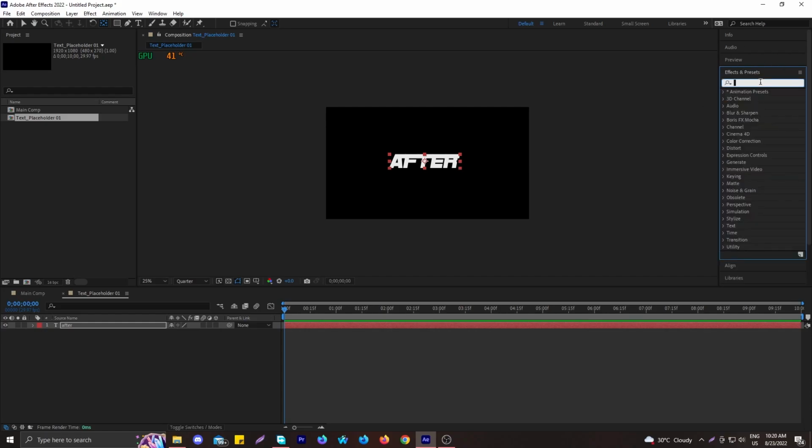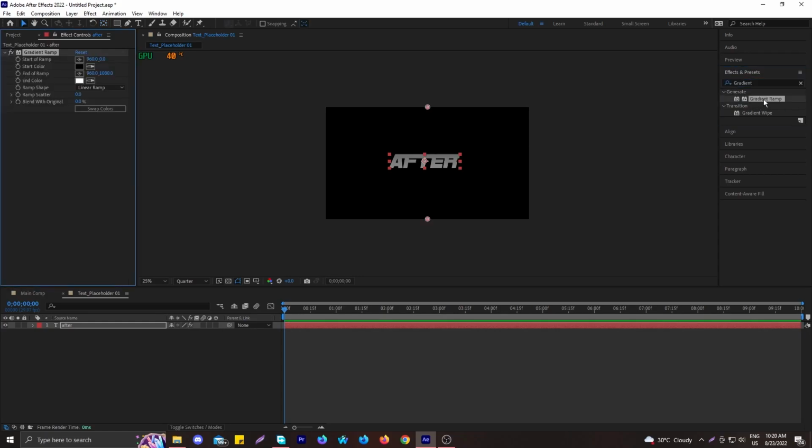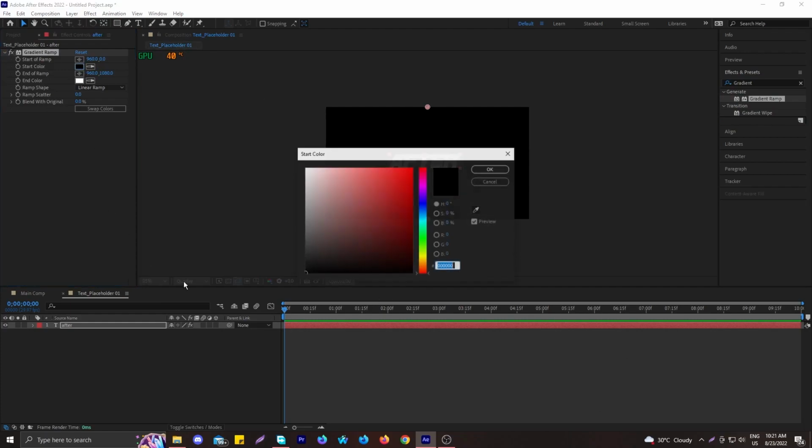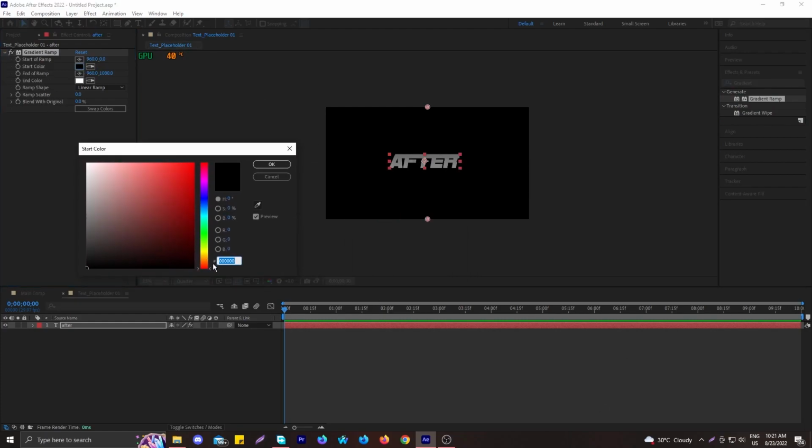After that, we should put some effects and presets on it, as you have seen in the previous intro. So let's go to Effects and Presets and search for gradient ramp. After searching for gradient ramp, you can see there's an effect called Generate Gradient Ramp, and just double click on it, and it will be applied on the panel. After that, we need to change the color of the gradient ramp, the top part and the bottom part. Let's first change the top part. I want it more reddish, because red is one of my favorite colors. So after changing it to red colors,